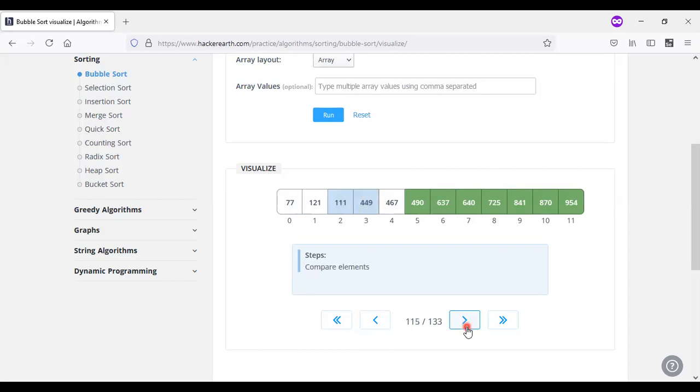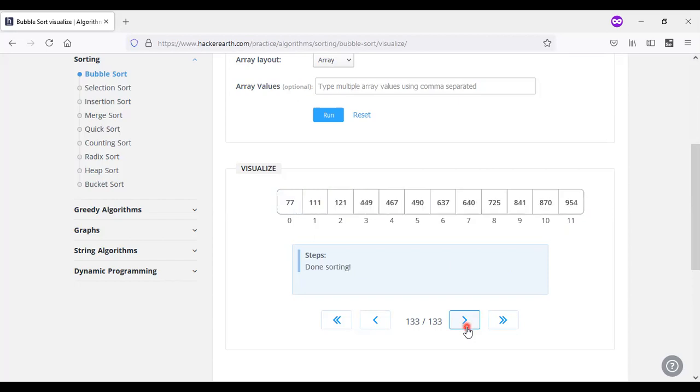Compare the 449 with the next element 467. Since it is sorted, mark it as a sorted element. Then the same comparison, mark it. And now these two elements will be compared and marked, with 111 and 121 marked after 2 iterations. Now compare that.